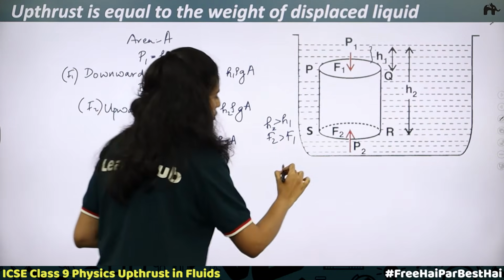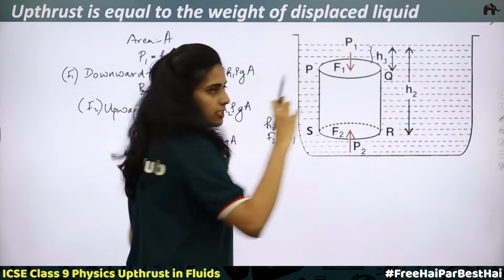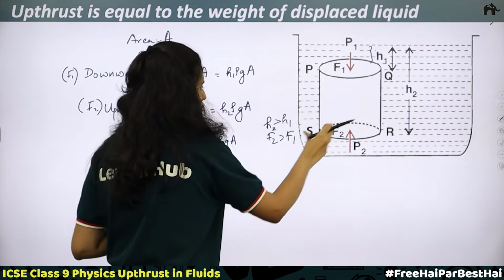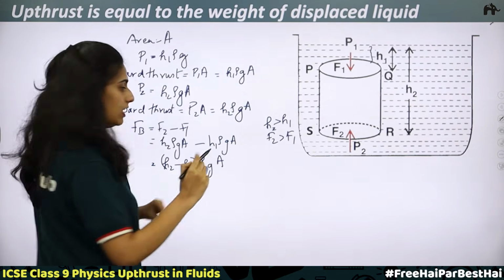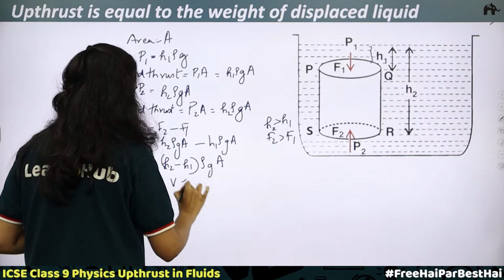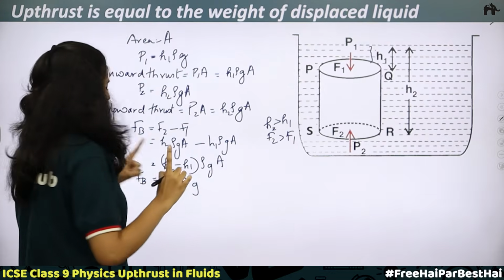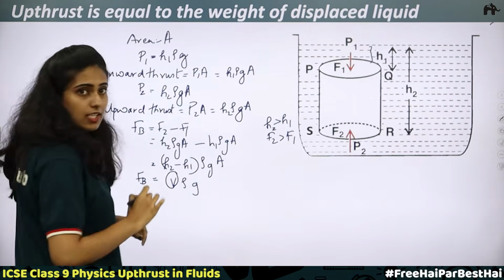We know that volume is equal to, what is volume? Volume of an object is its height into the area. So here, the difference in height into area will give you the volume. Volume rho G, so this is what FB is. So, buoyant force is equal to V rho G. What is V? V is the